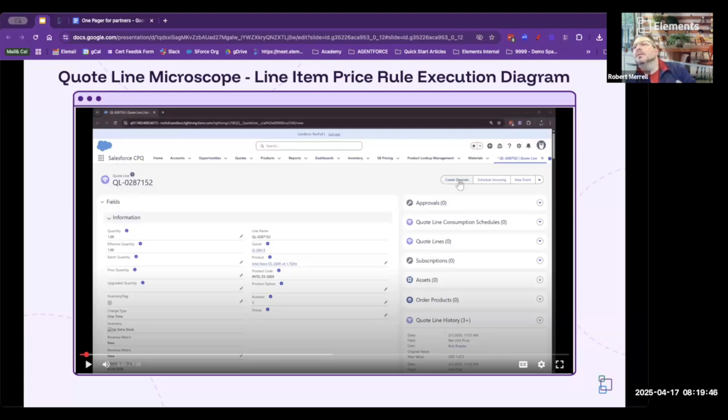As we follow along, we're going to start with the quote line of a quote in the Salesforce CPQ app. As you can see, we're looking at this quote line, and we have the page layout, the typical quote components. And if I play this, we have a new button here called Create Diagram. So once we select Create Diagram,